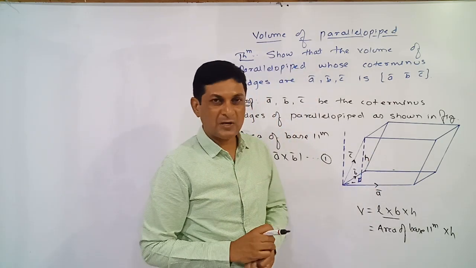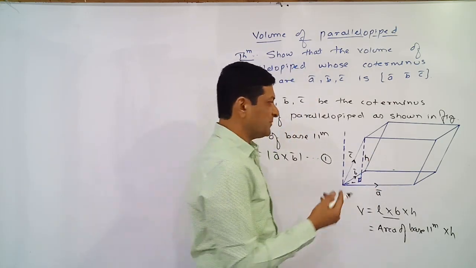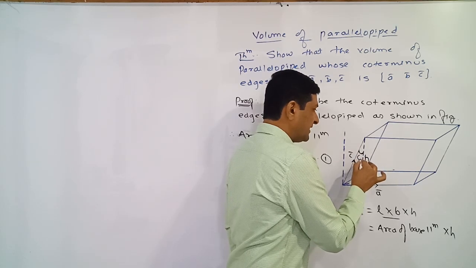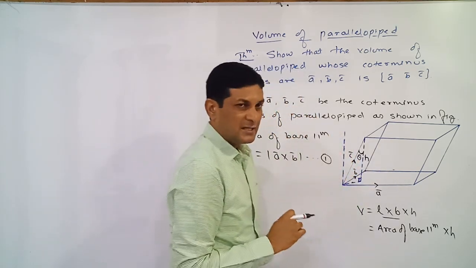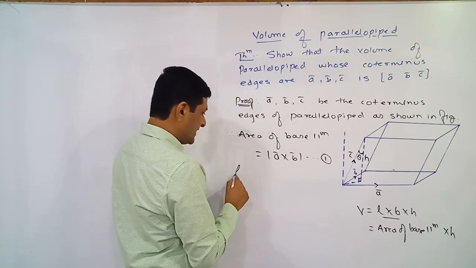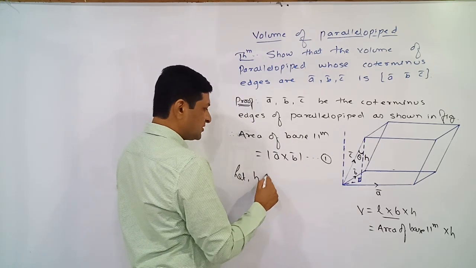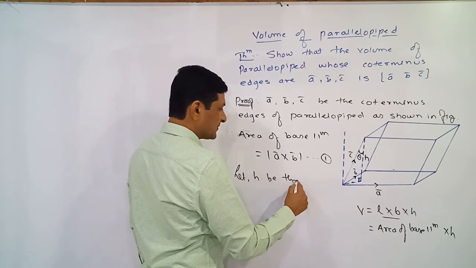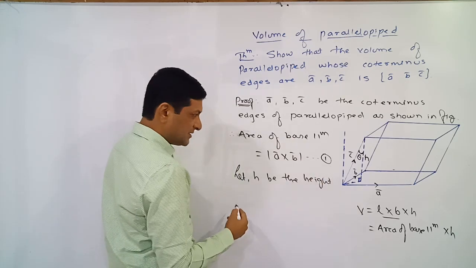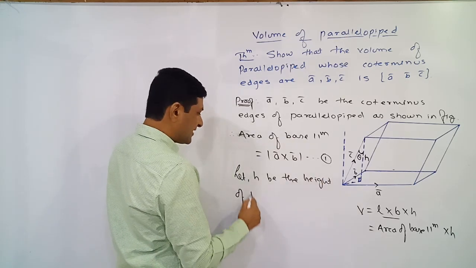The height of the parallelogram I am denoting by h, and I am supposing that this h makes an angle theta with C bar. So whatever our supposition may be, first write down all these things. Let h be the height of the parallelepiped,